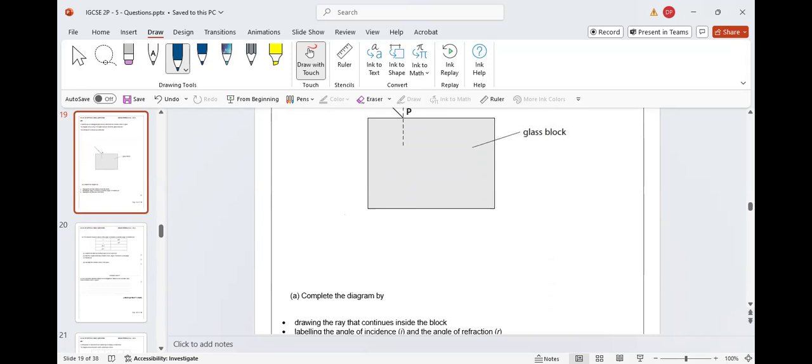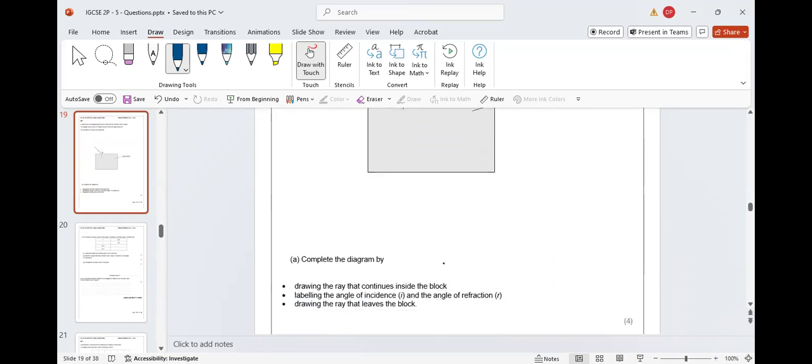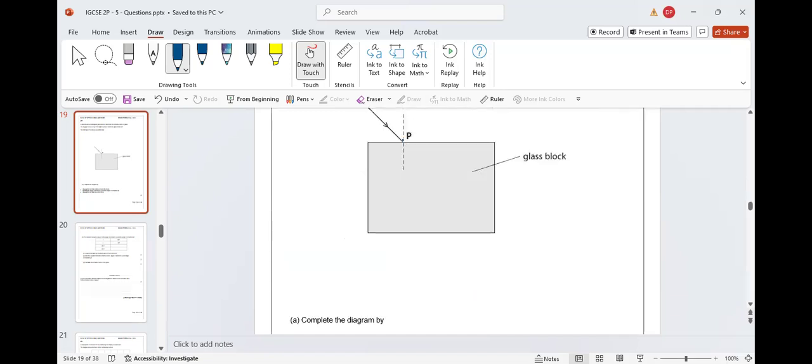Complete the diagram by drawing a ray that continues inside the glass block, labeling the angle of incidence I and the angle of refraction R, drawing the ray that leaves the glass block as well, right? So you know glass block is more dense, then the ray should